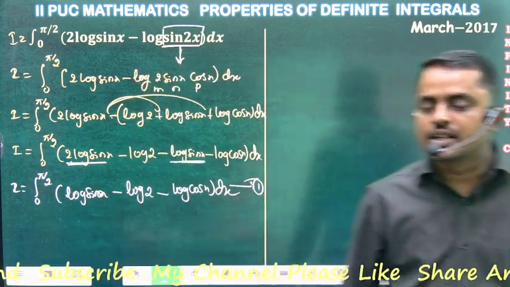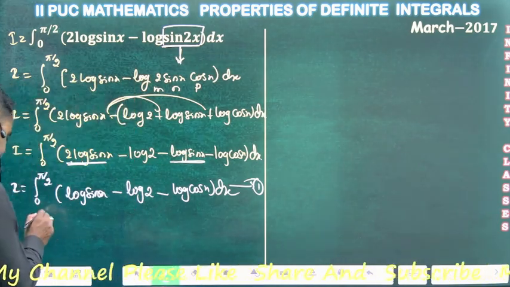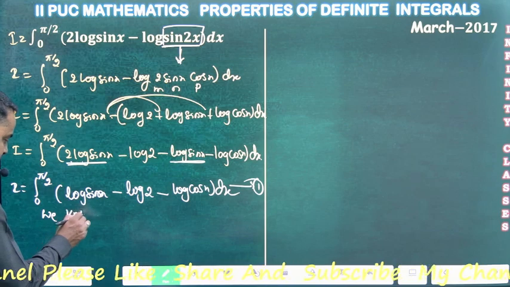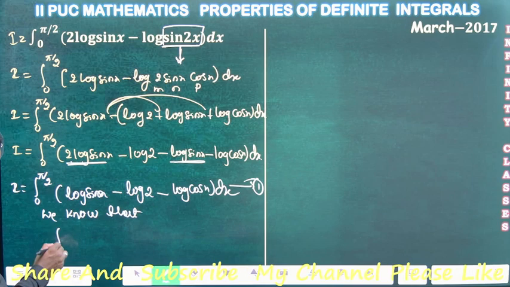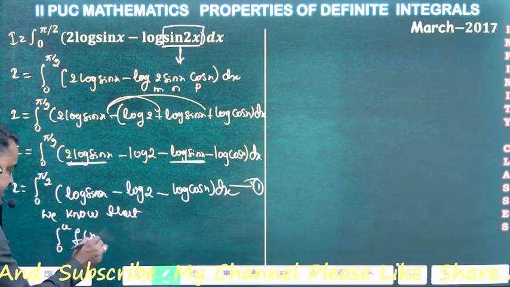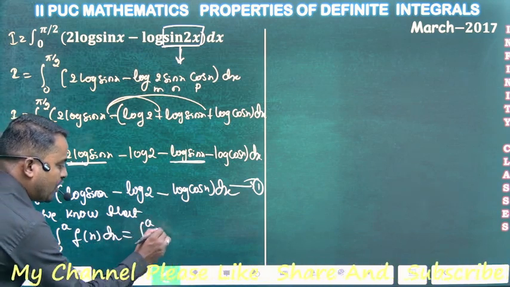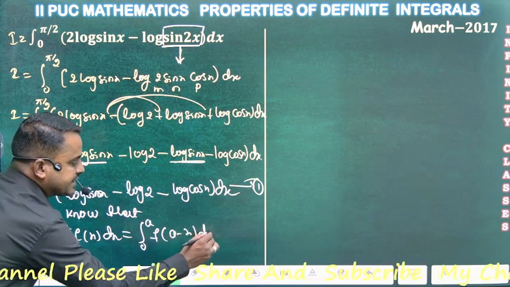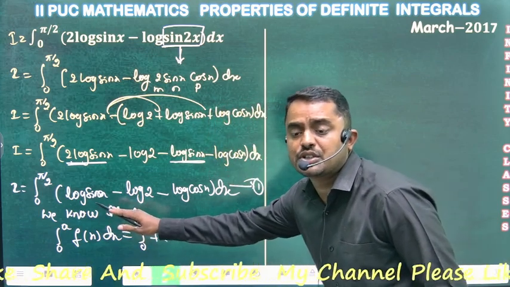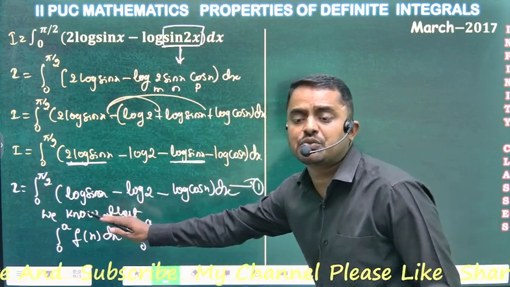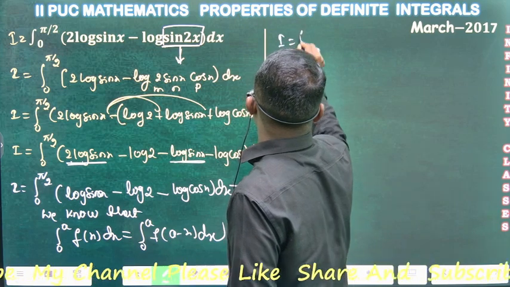Now we have to apply the property, that is we know that the integration from 0 to a of f of x dx is equal to the integration from 0 to a of f of a minus x dx. So applying the property to equation 1, that is I is equal to the integral from 0 to 5 by 2,